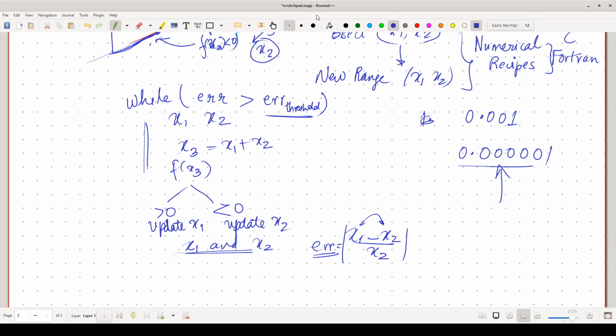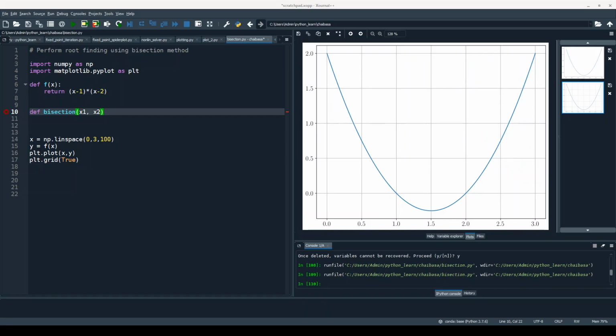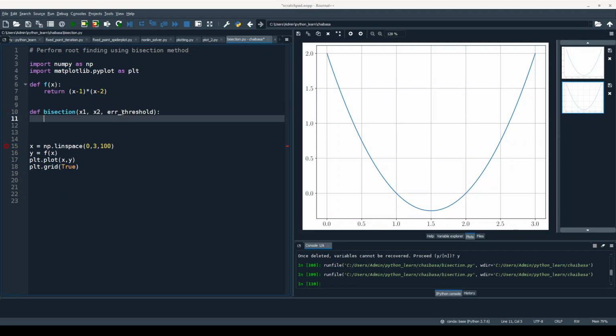Let's go back to the Python. So we also want to take as an input the error threshold. Inside this we will initially define error as 1 because we want to enter into the loop.